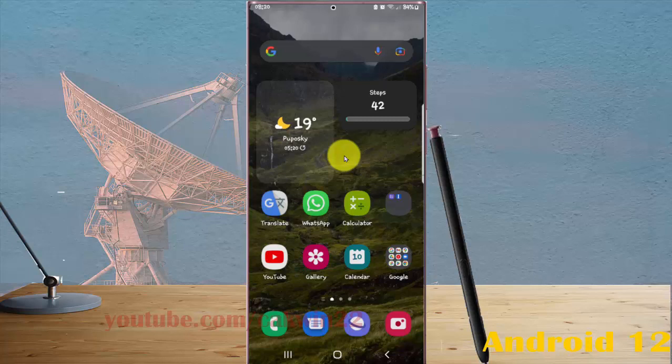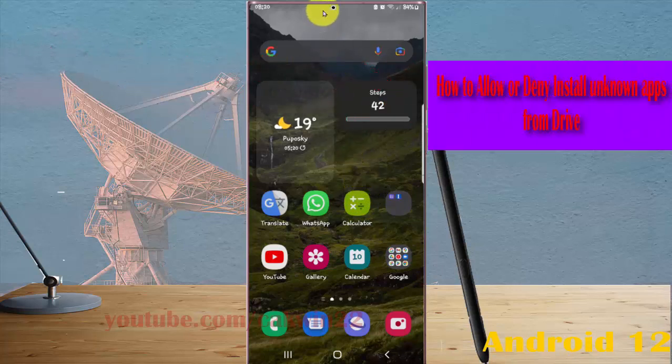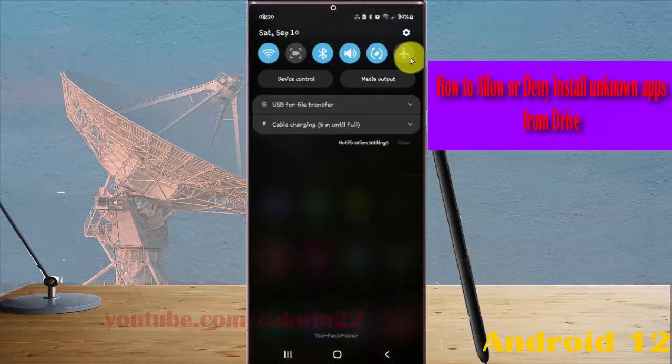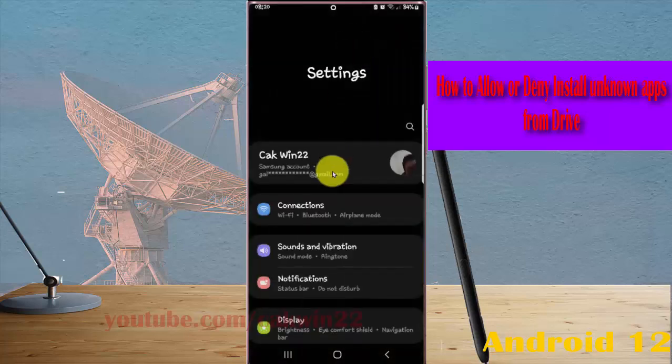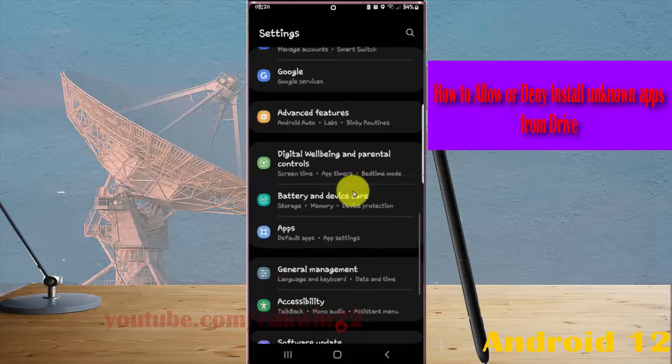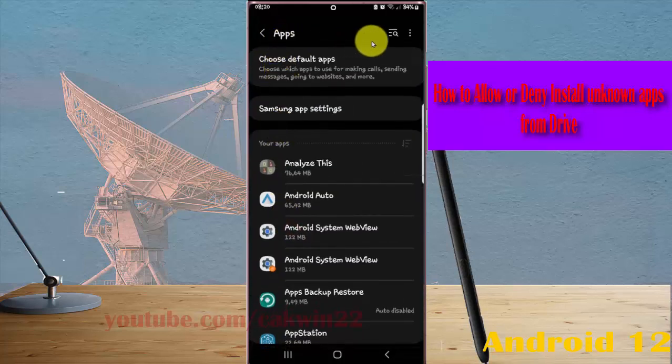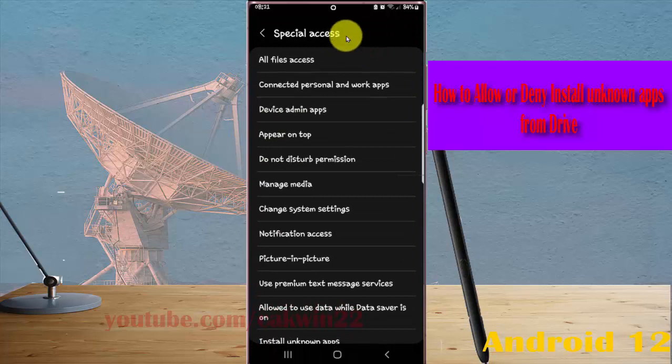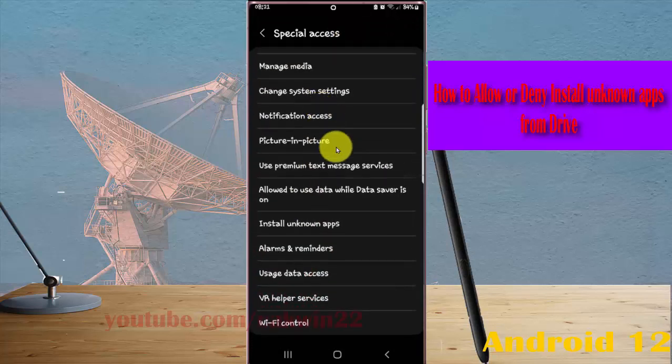To allow or deny install unknown apps for Drive in Samsung Galaxy S22 Ultra, open settings. Swipe the notification panel, and then tap settings icon. Scroll down settings screen, find apps, and then tap apps. Next, tap apps more icon or three dot icon, select special access, and then scroll down the screen, tap install unknown apps,